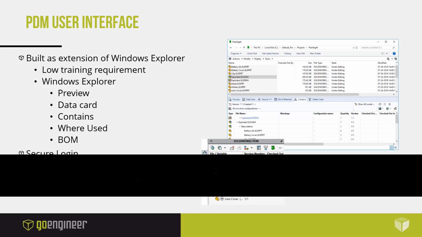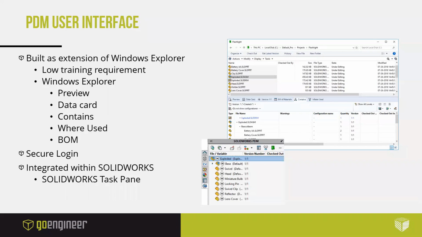How do you get files into PDM? Well, it's Windows Explorer. How would you get it into any folder? You just do a file save as, or a drag and drop, or a copy and paste. So the learning curve for clients really isn't that high. Generally speaking,